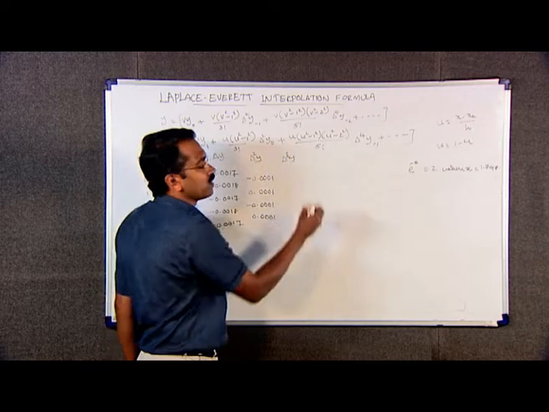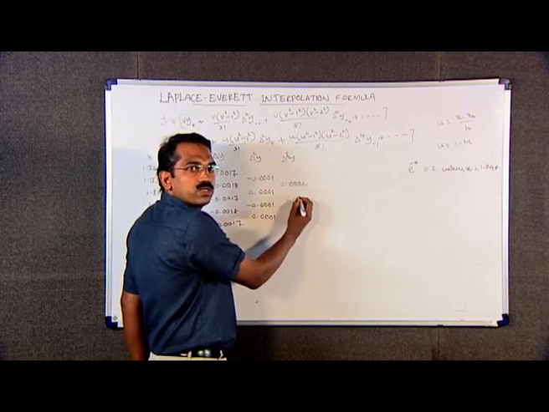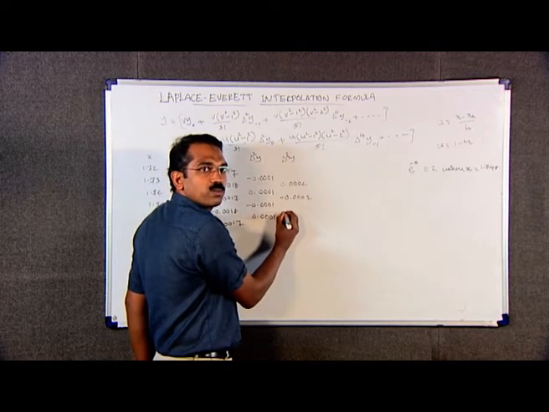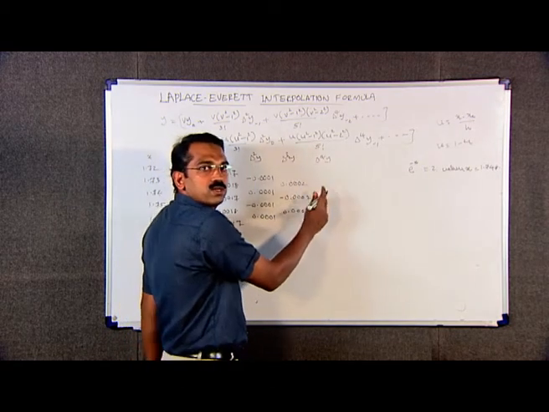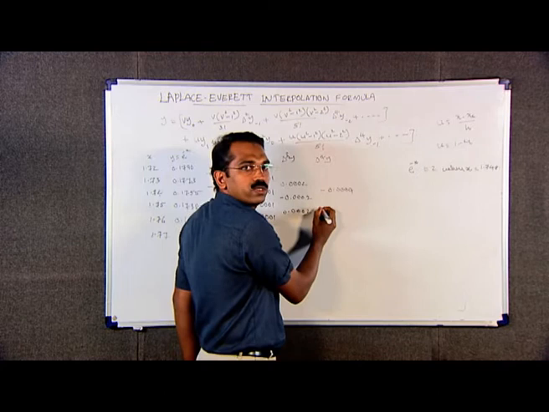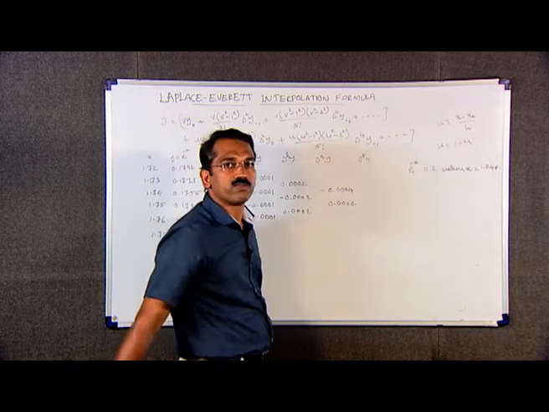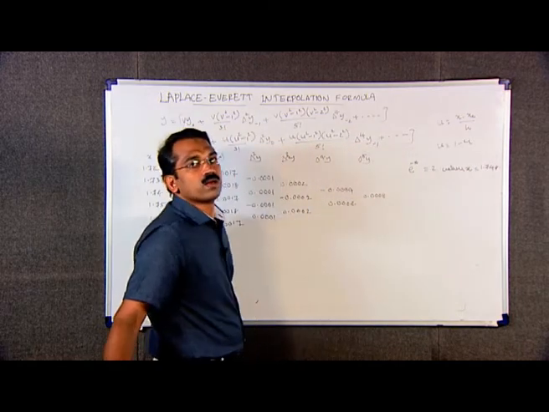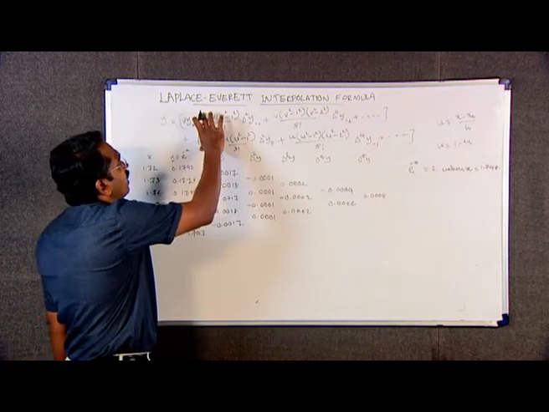The third order differences are delta cube y, which are 0.0002, next is negative 0.0002, then 0.0002. The fourth order differences are, first is minus 0.0004, then this is 0.0004, and the fifth order difference is 0.0008. This is the corresponding difference table, and by this formula we can write